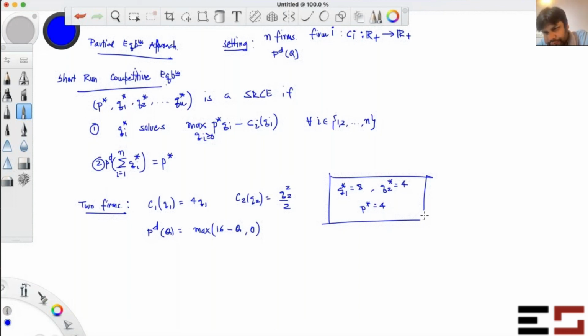Is that okay? Of course, another way to do this is find the supply function of firm 1, find the supply function of firm 2, aggregate them, find the aggregate supply, plot the demand curve, plot the supply curve, look at the intersection and find it. Okay, that's another way of doing it. I hope you can do it that way. It's not difficult, it's very easy, just elementary stuff. So just make sure you write the supply functions properly. When you are aggregating them, just be careful, and then there will not be any problem. You'll get exactly this equilibrium. Okay,